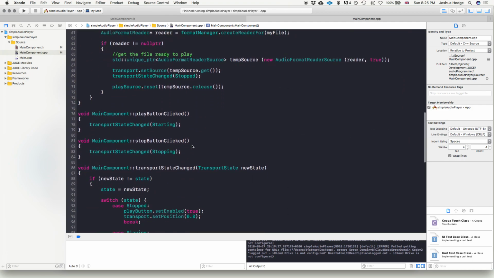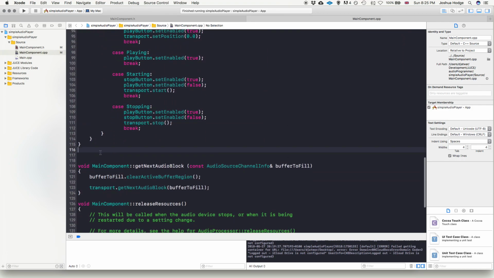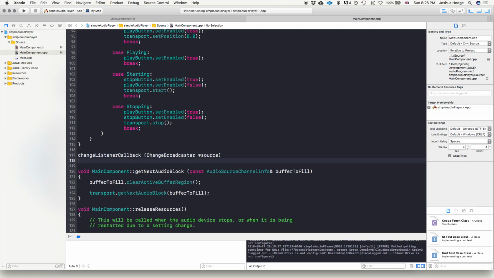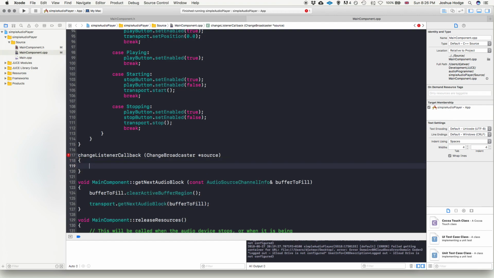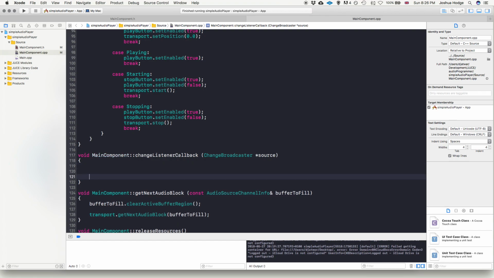Okay, so let's go ahead and implement this here. I'm just going to do void main component. Okay, so we need to define what happens if there's changes in the listener. So if source